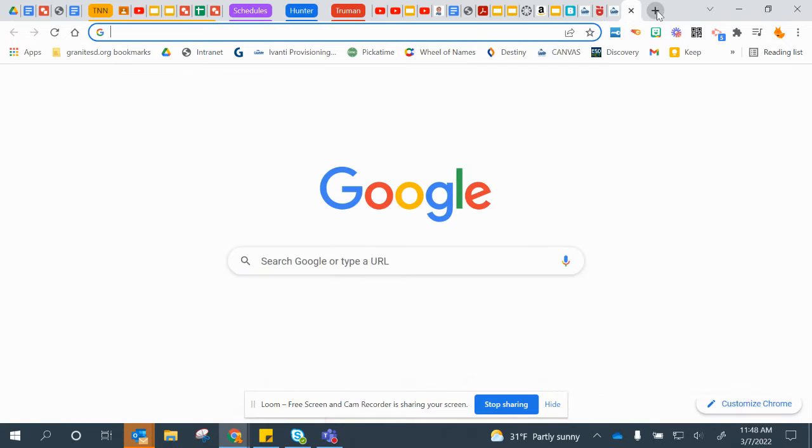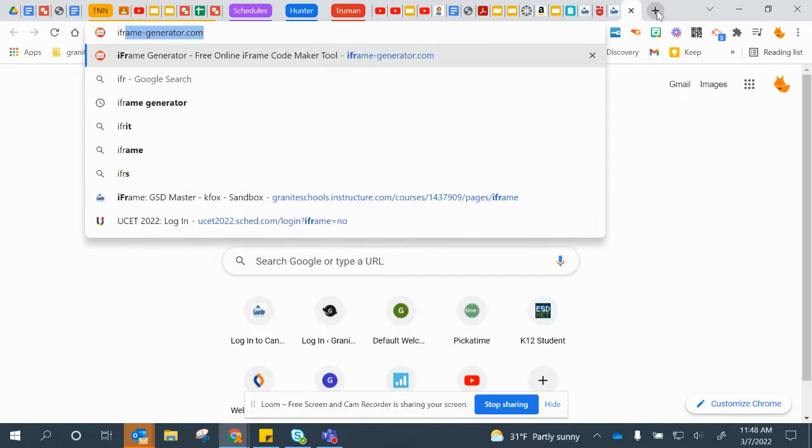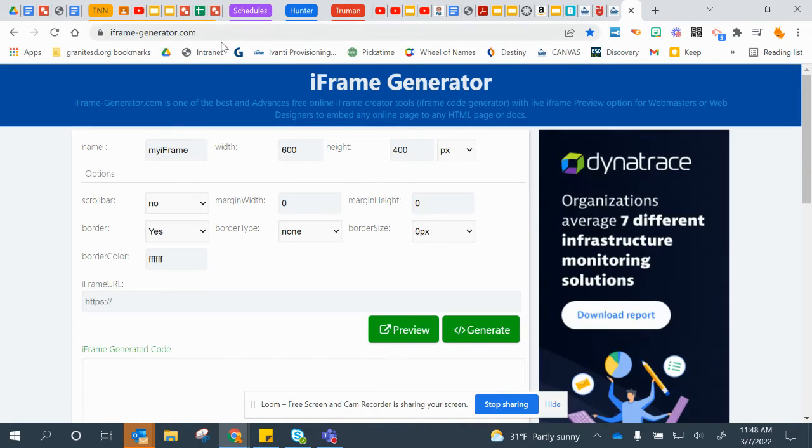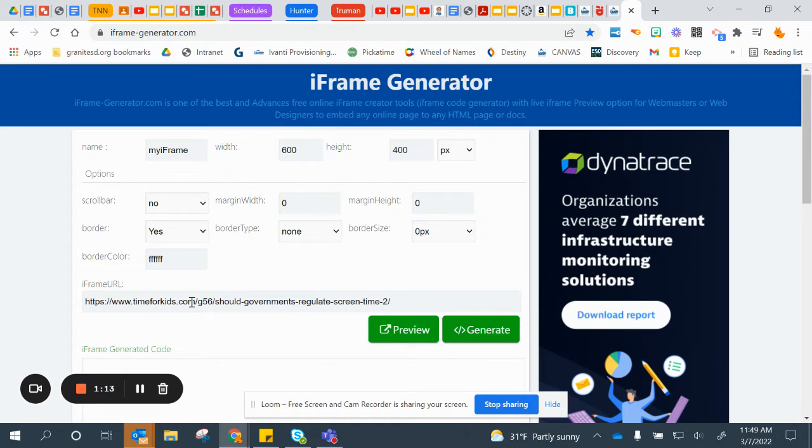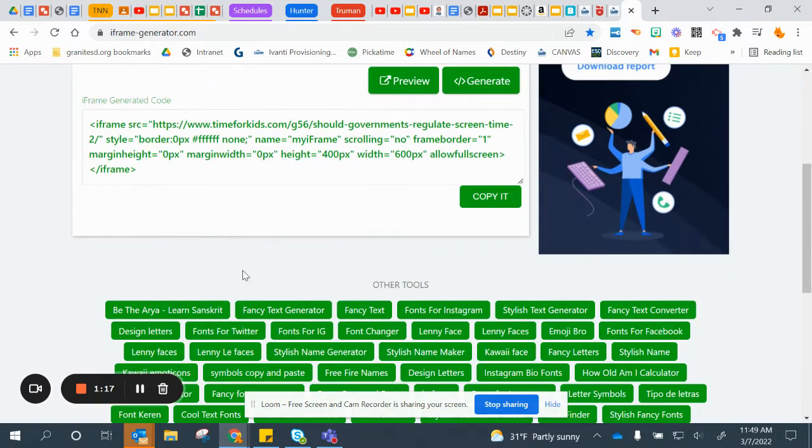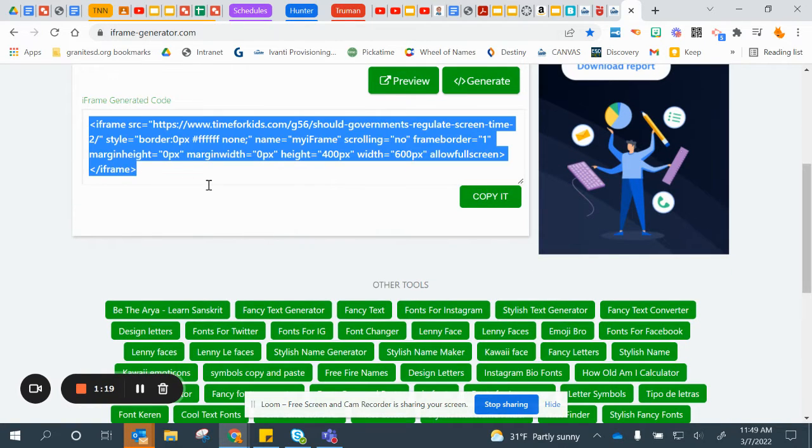Then I'm going to open a new window and go to iframegenerator.com. You can see that there, and it's got a hyphen in it, iframe-generator.com. You have some settings here that you can change, although I usually just go right to the iframe URL and I paste in my URL address, click on Generate, and then here below it gives you the generated iframe embed